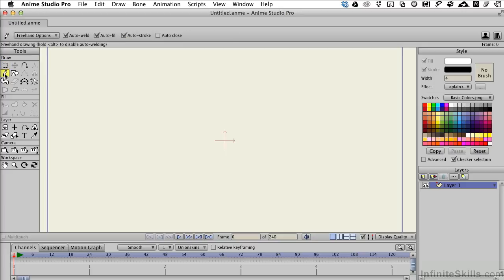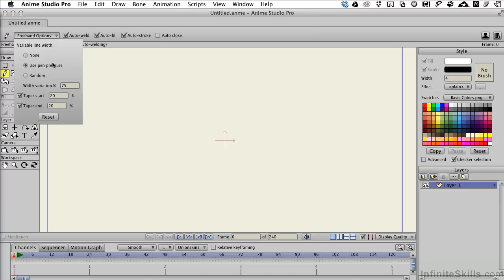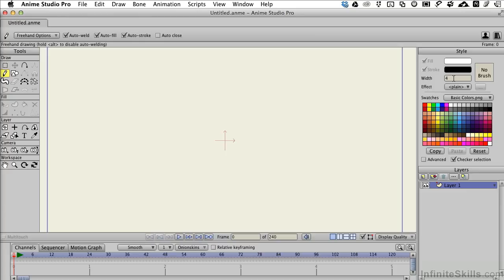I'm going to grab the freehand tool, and we've been working with it across the movies. I want to highlight some changes I've made to it. I just engage the taper start and finish so it becomes thin and thick a little bit. And I'll also want to increase my brush width right here to something a little more substantial, like 15. The reason is that we'll be able to see more clearly how the brush tools play with this thick and